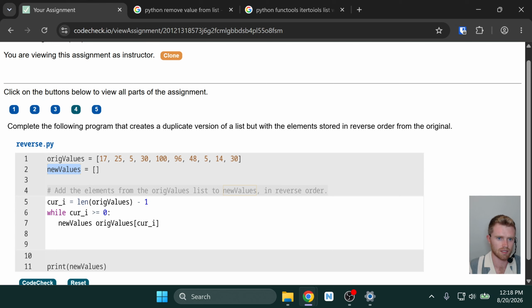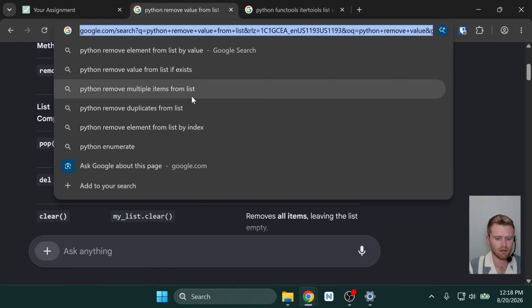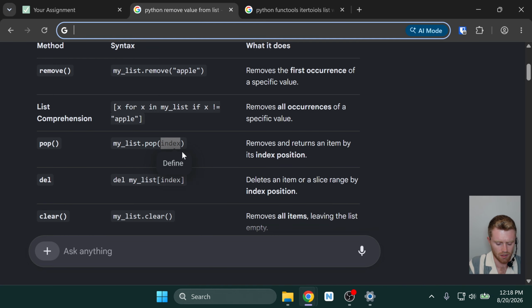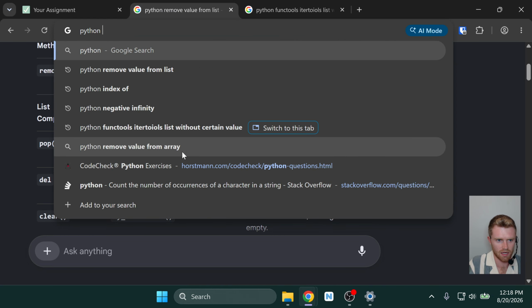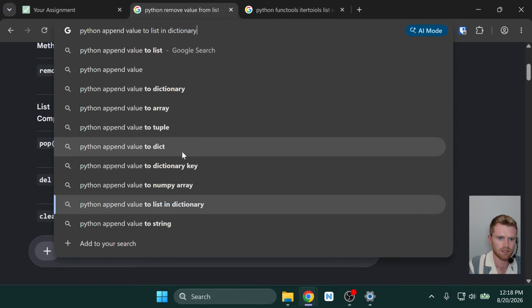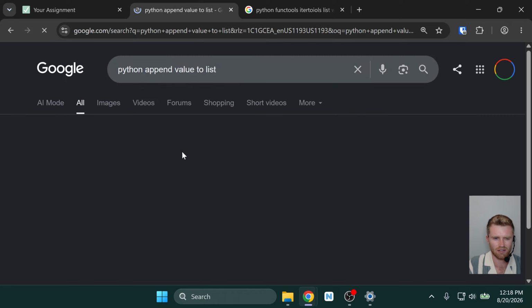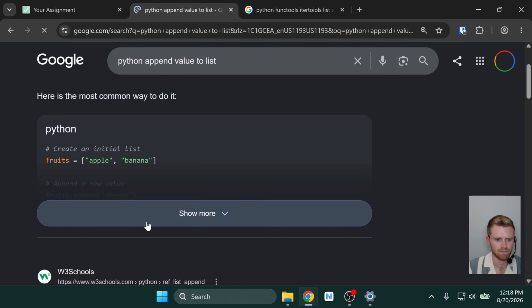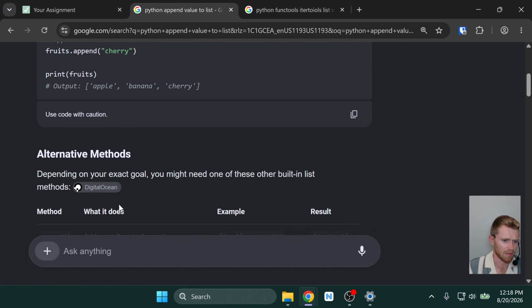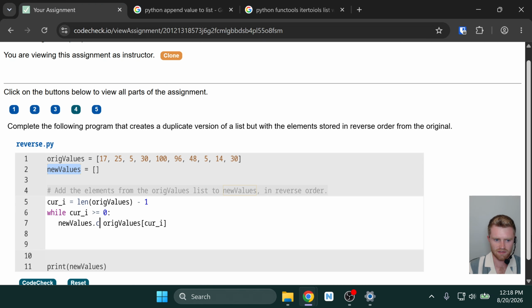There'd be 2 ways to do this. I think new values dot concat or append or something like that. Or push, it might be push. Python append value to list. I know you can use the plus operator, but that's a little atypical of programming languages. So I guess we can do append. I thought it was separate, so I'm a little dubious of that AI answer there, but you might be able to do list.append, so new values.append, and we'll take this orig values at cur I, and we're just literally appending